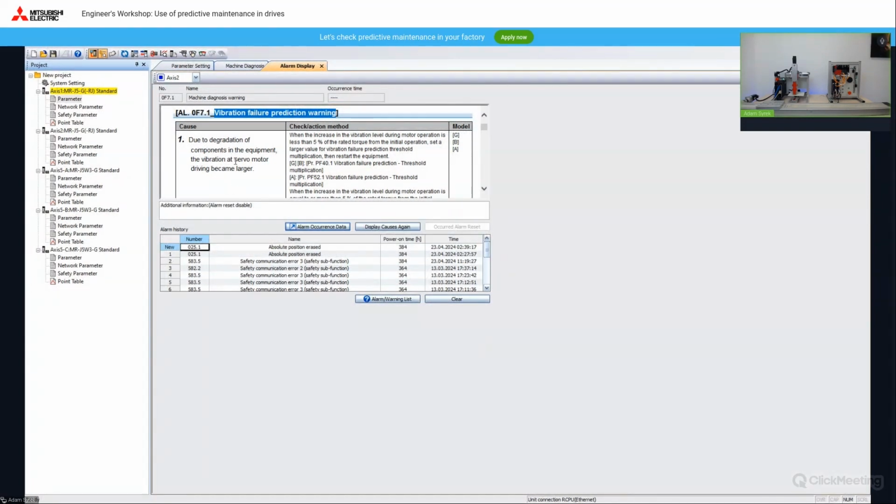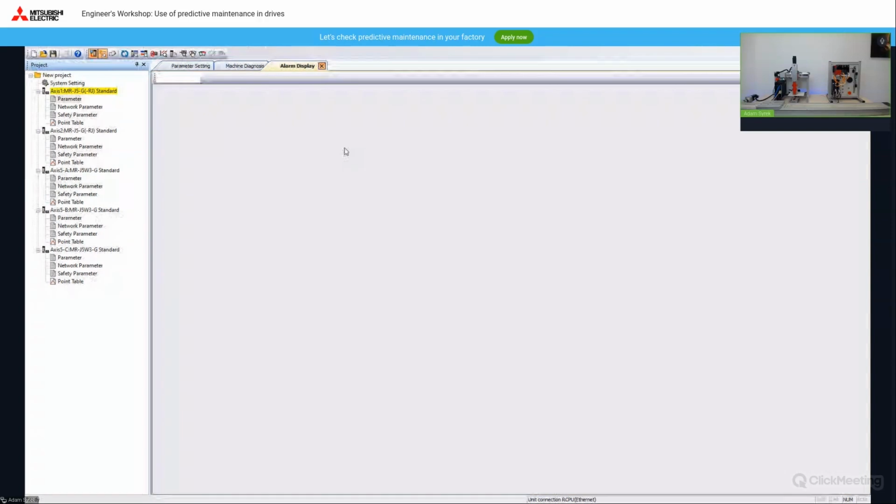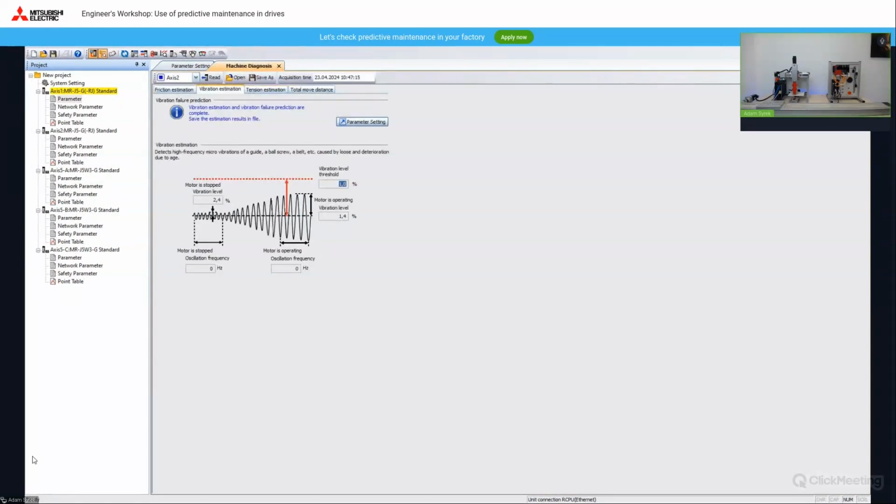So it means that something may be wrong with this axis, and honestly speaking, there is something wrong with this axis, and there is a problem with the wheel that is not fixed correctly on the axis. So when I stop the axis and I fix this axis more correctly, now I can hear that there is no such big vibration. And if we start this axis again,